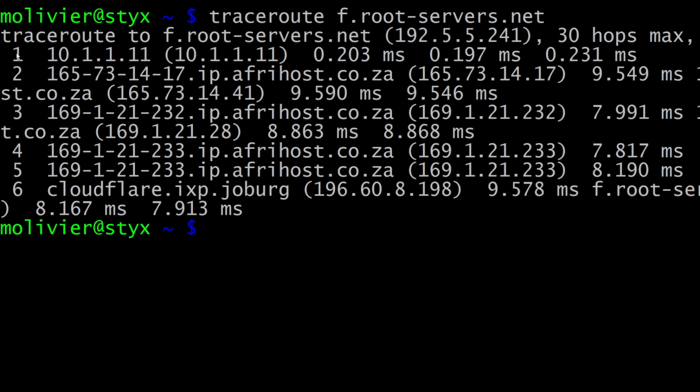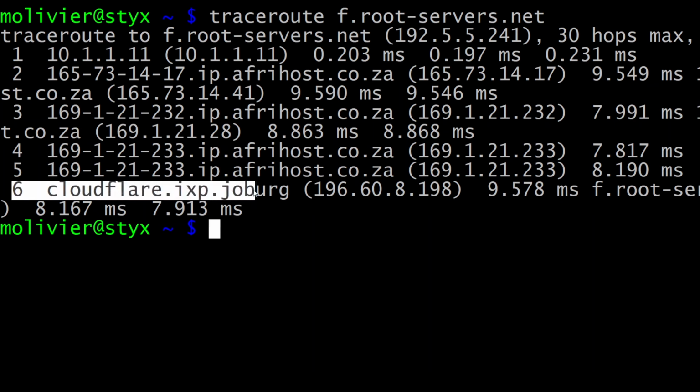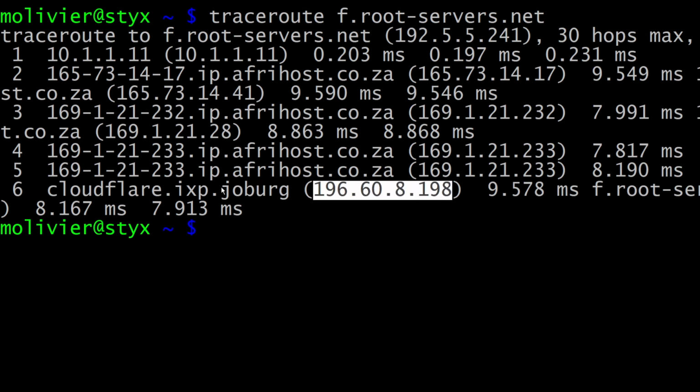And there you can see that that is our hop number 1. Our hop number 2, as I said earlier, you can infer some things from this. Hop number 3, hop number 4, and we can see that the machine that is responding to this last query happens to be in the .joburg domain. So F root servers in South Africa, from where I am at the moment in Pretoria, traces to an address, that particular address, in a .joburg top-level domain, in Johannesburg, in other words.